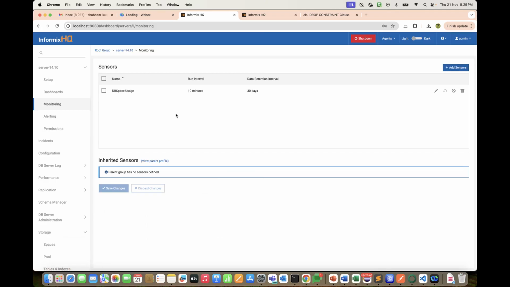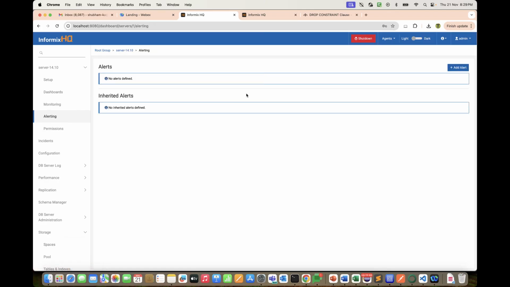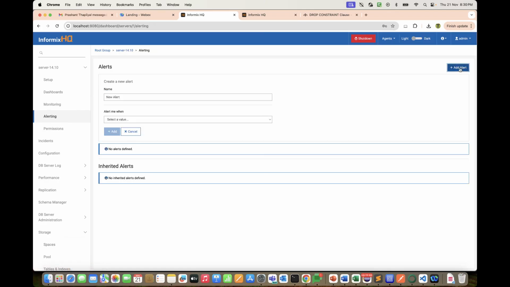After adding a sensor, you need to add an alert so that you will get notified through an email or through some notification over Informix HQ, or through PagerDuty, that this particular alert has been triggered. In this case, I have not added an alert. I am going to add one alert for the DB space, and I will show you that this alert will be applied on the DB spaces which we have selected from the drop down. If I have selected all the DB spaces, then that alert will apply on all the DB spaces. So in this case, let me give a name to this